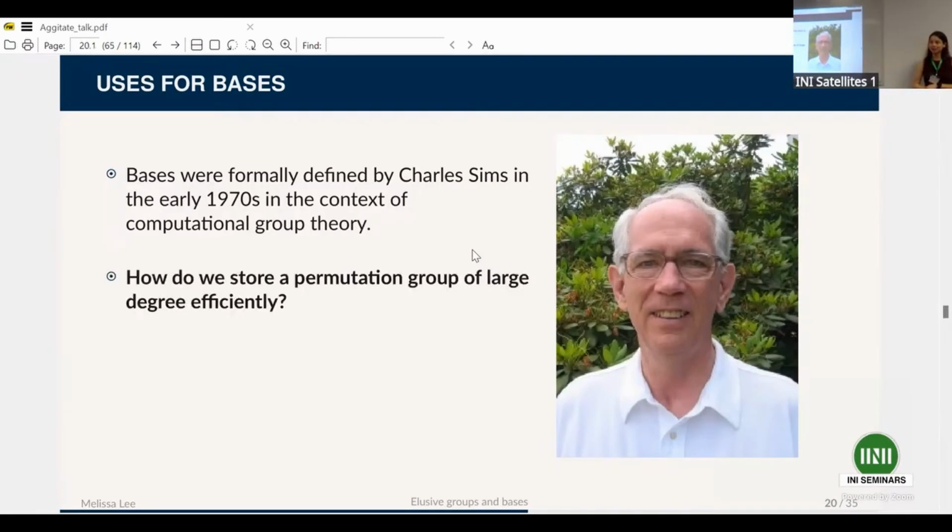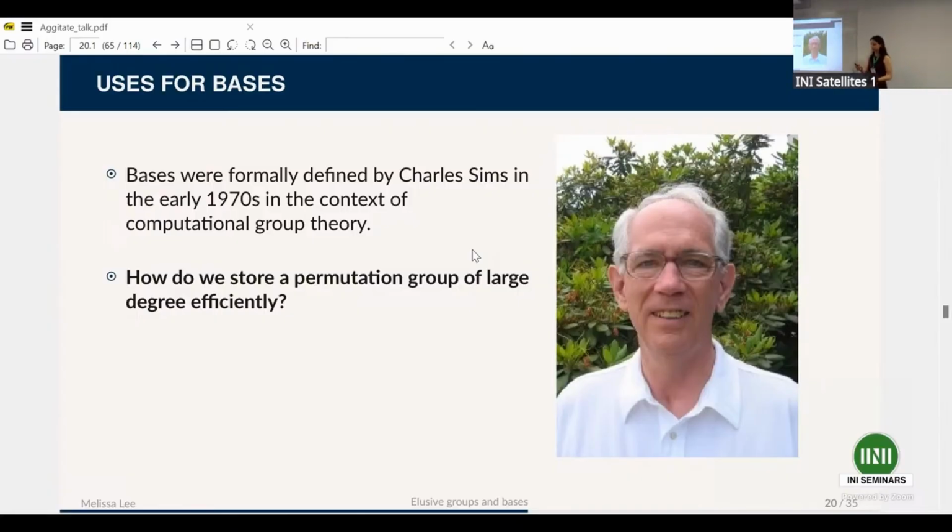Okay. And one of the reasons why bases were introduced is because there was the question of how do you store a permutation group of large degree efficiently. So if I have a permutation group on 1,000,000 points, then obviously I don't want to do the naive thing of just telling you for each permutation where it sends those 1,000,000 points, because that would take a lot of storage in order to